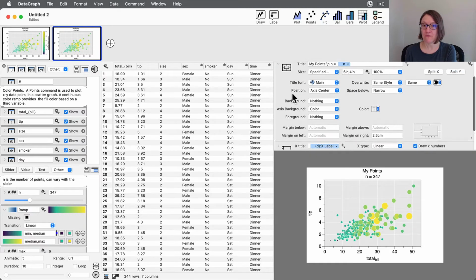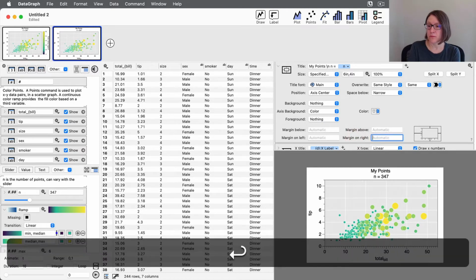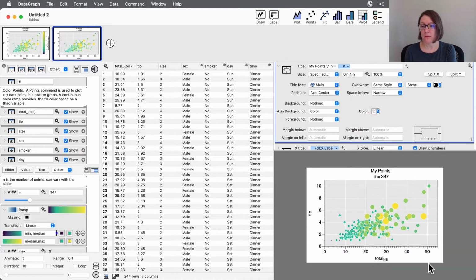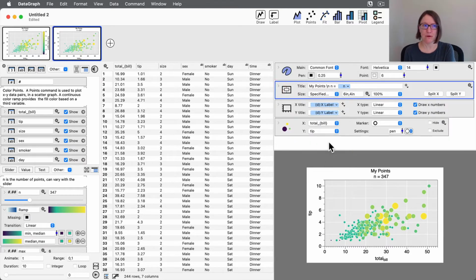And sure enough, if I go into my canvas settings, the bottom section is where we have all the margins, and I can change this if I like and just delete that to bring it back to being automatic. And then, slightly different aspect ratio, but I think that's probably what I would do if I were creating this graph. Okay, so the next thing that we want to do now is